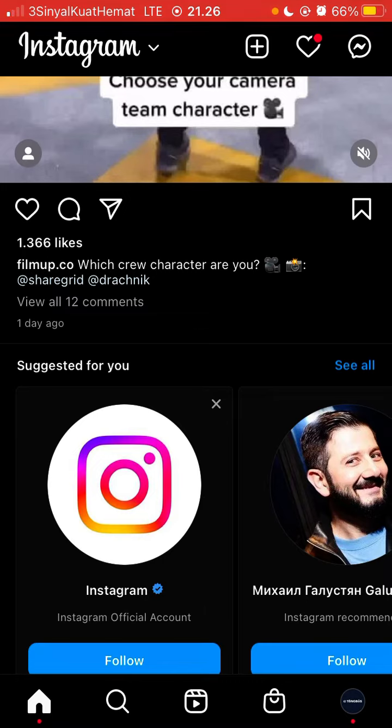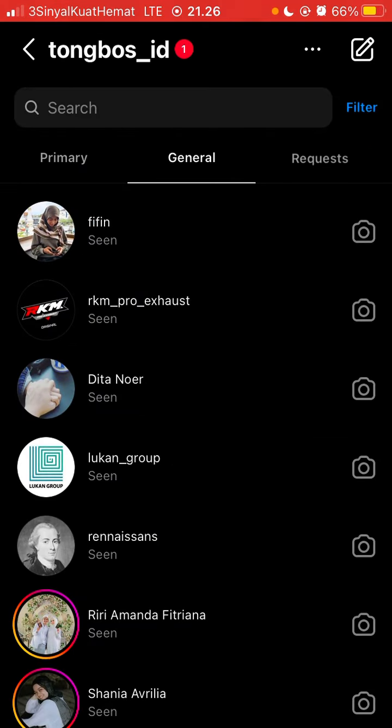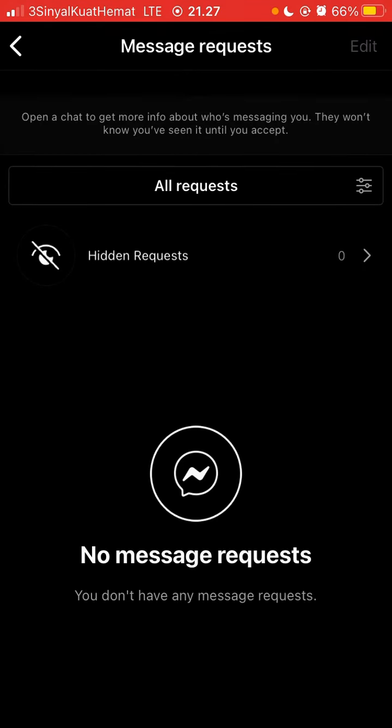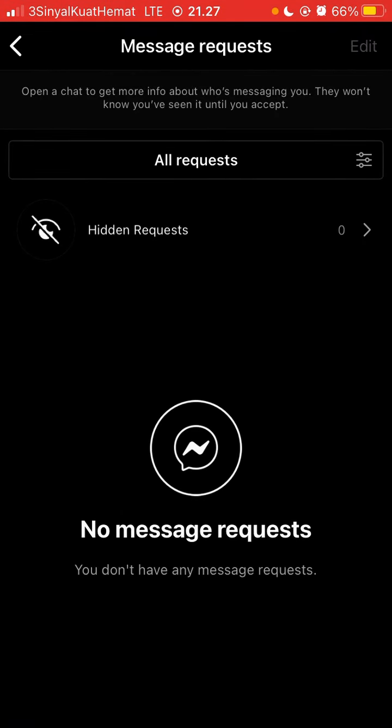Just click on the message icon in the top right. You can find three types: primary, general, and request. Just the request. You can find hidden messages here, and the request messages come here. You have to confirm the message and can move it to primary or general so that it's no longer